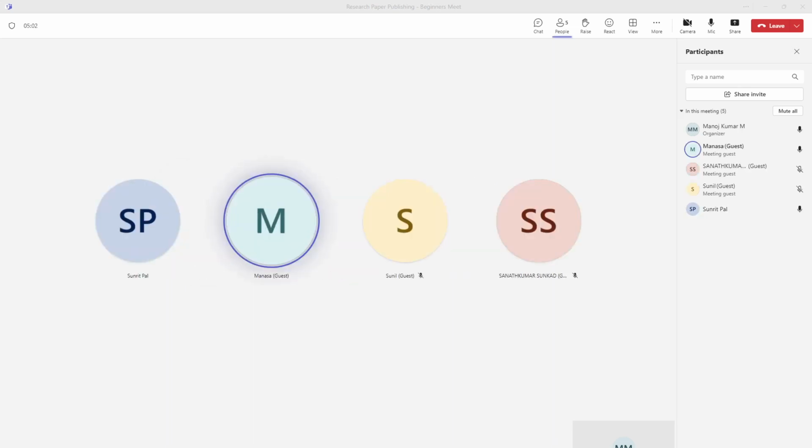There was also one website I found. I'm just trying to quickly look for it. You can prepare everything and upload it on that website and select the format, because IEEE has a two-column format, if you've seen, while Elsevier and Science Direct have a single-column format.